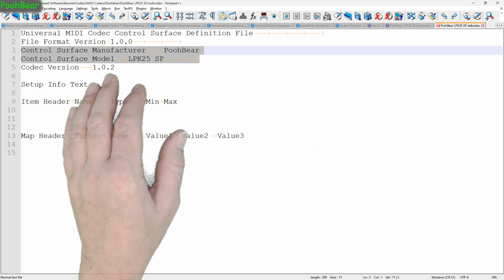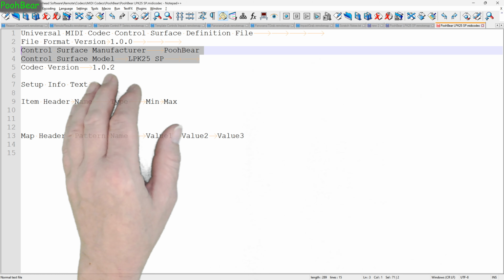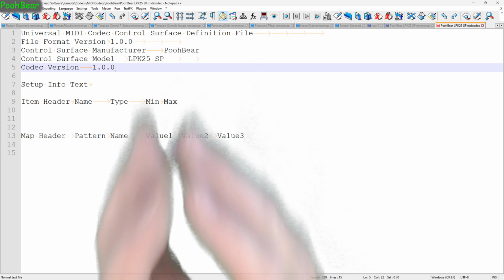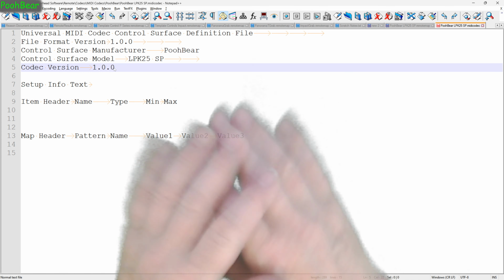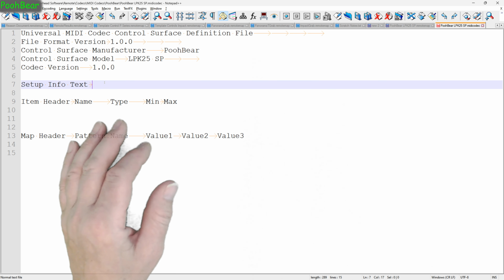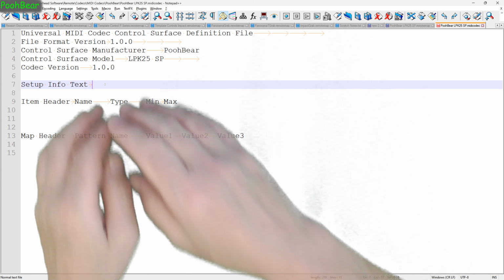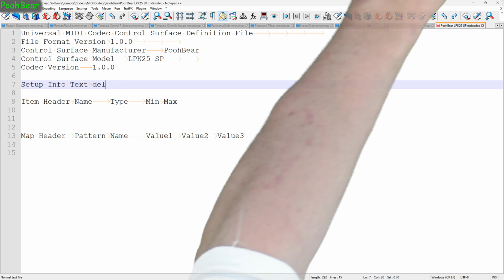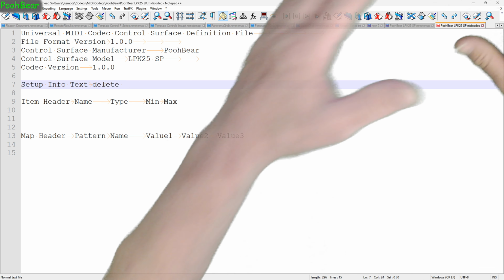That's cool. Let's come into this one here. Let's put that to a 0 as well. Let's be good. That's making us all good about it. So here we go. Absolutely brand new file. Absolutely nothing in it. Setup info text is very important. It's always worth documenting your stuff. Even if you put something as silly as, I'm going to delete this later, you know, so I'll put that